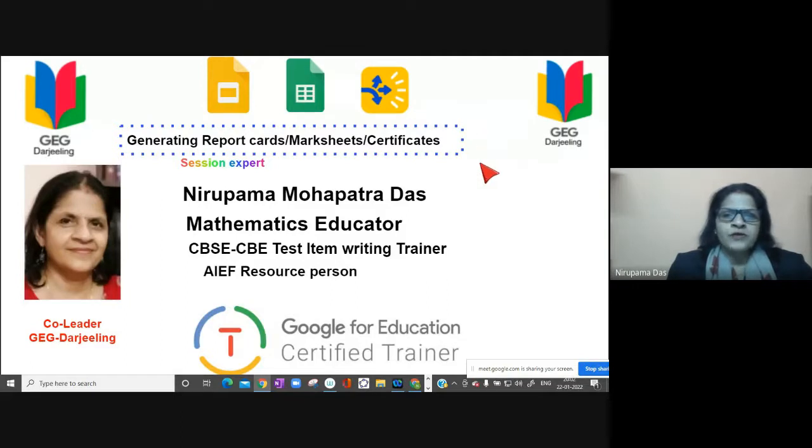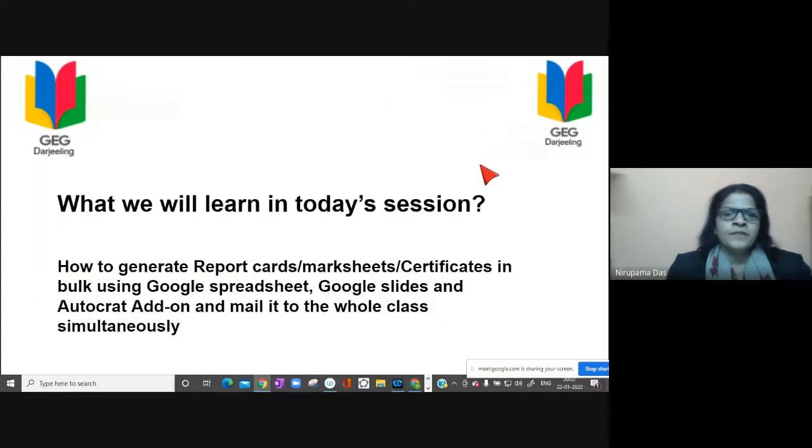So what we will learn in today's session is how to generate report cards, mark sheets, and certificates in bulk using Google Spreadsheet, Google Slides, and the Autocrat add-on, and mail them to the whole class simultaneously.